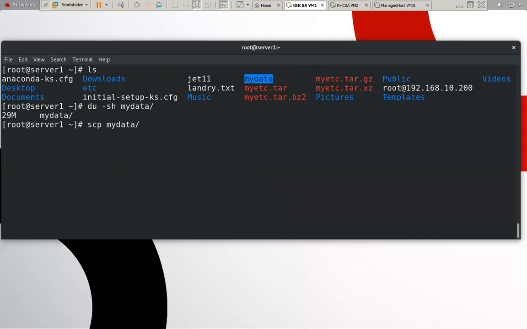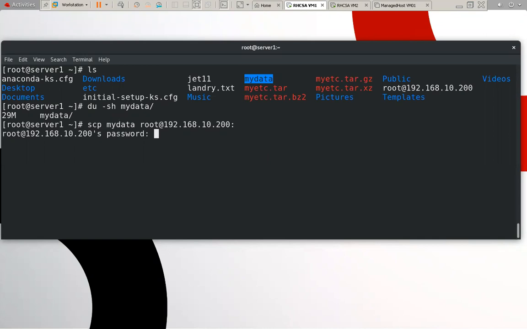We want to transfer this folder to the remote machine, as the root user, the machine being 192.168.10.200. And in which location? In the home directory, not the current working directory. So transfer the data to the home directory.